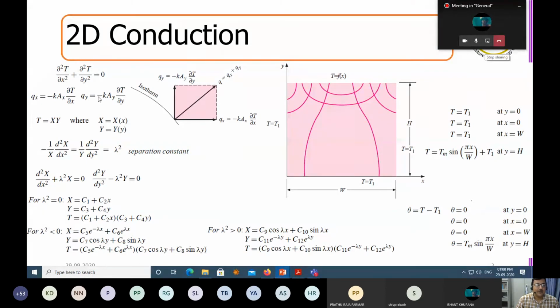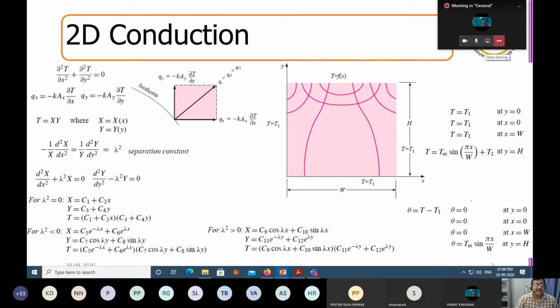Okay. What I assume is that whatever is happening in the y direction is solely happening in the y direction. Whatever is happening in the x direction is solely happening in the x direction. And the resultant is nothing but the vector addition of these two. This is what we have learned in vector analysis. Whenever I'm dealing with a multidimensional system, if these dimensions are not interlinked with each other, then I can calculate in the x direction, I can calculate in the y direction, and then I can take a vector addition of that. Exactly in the same line.